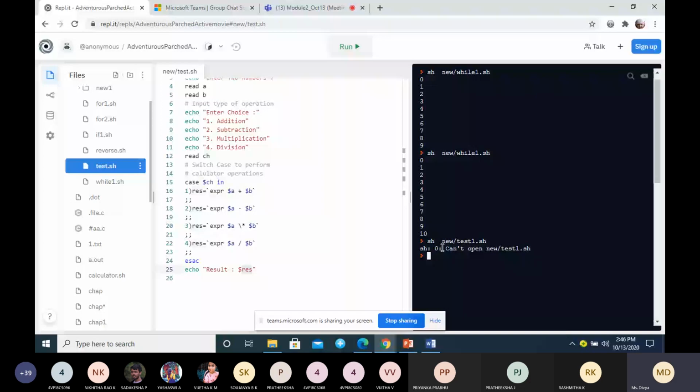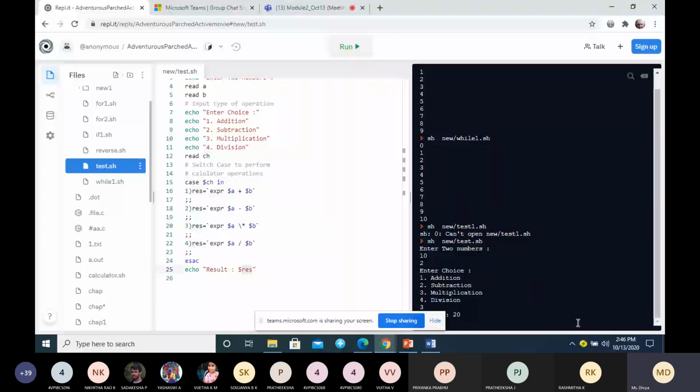Enter the two numbers. I'll enter 10 and 2. It will ask for the choice. I'll enter the choice as 3. It is giving the result: 10 into 2 is 20.